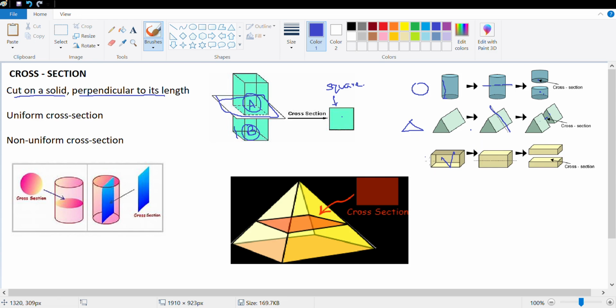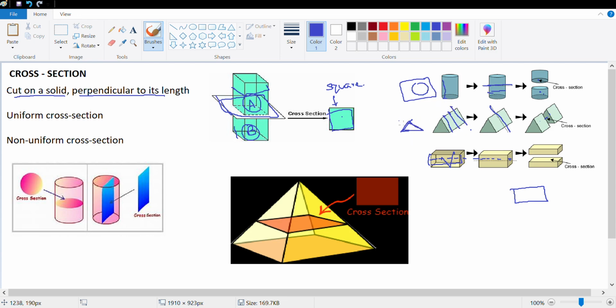Perfect. Similarly, if I cut this cuboid from the middle like this, like here we had cut it height wise. Here if I'm cutting it lengthwise, then I'll get again two faces. Each face would look like a rectangle. So wherever I cut, if I cut it at this position or this position, the cross section that I get will be the same. Similarly, whether I cut it here or here in the cylinder, the face that I'll get will still be a circle. Similarly, if I cut this prism here or at any other place, the cross section that I'll get will